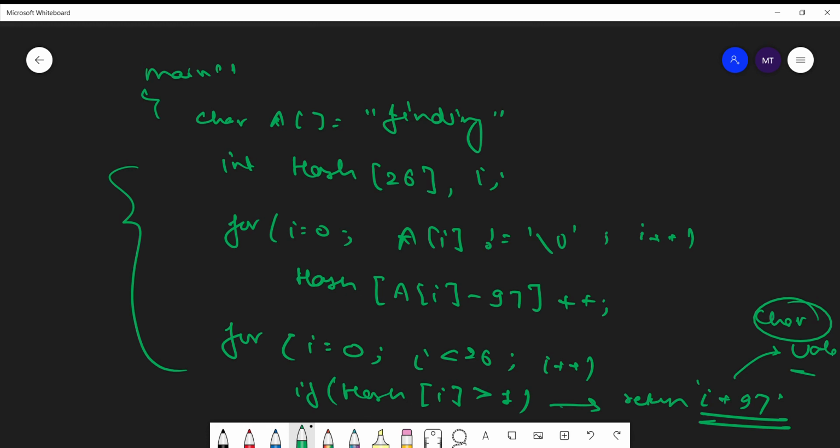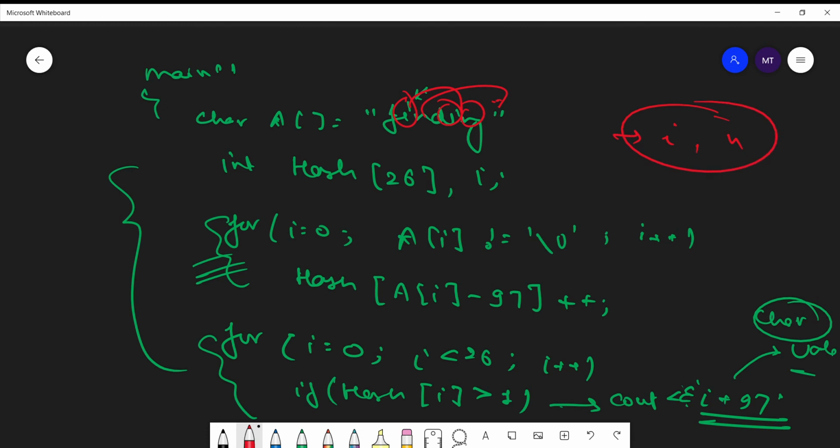Sorry, it will return only one i. So we can use cout or print the values. It will first print i and then n, so we will get i and n as duplicated characters in that string.